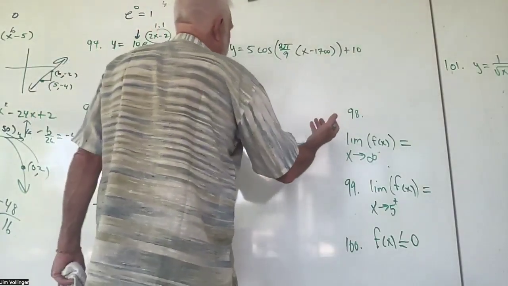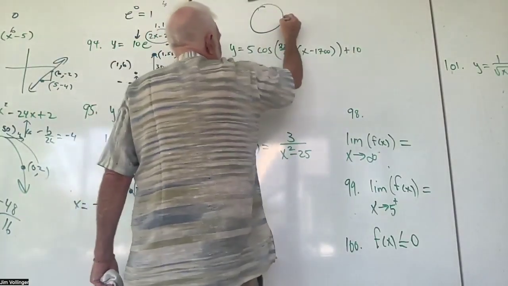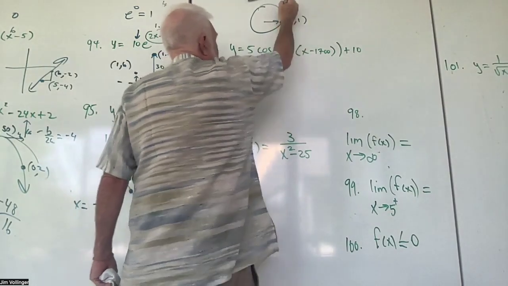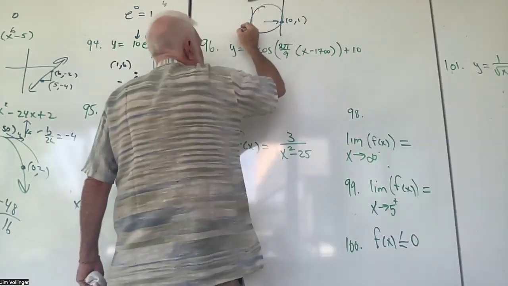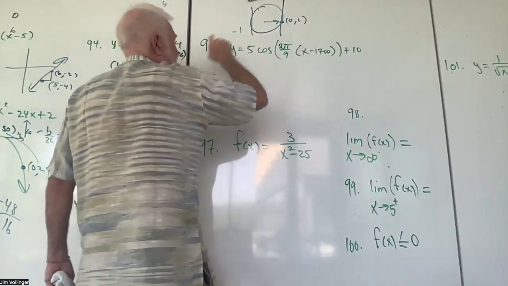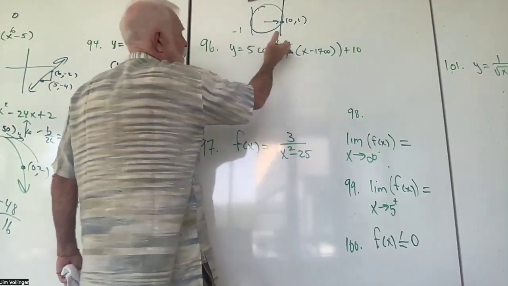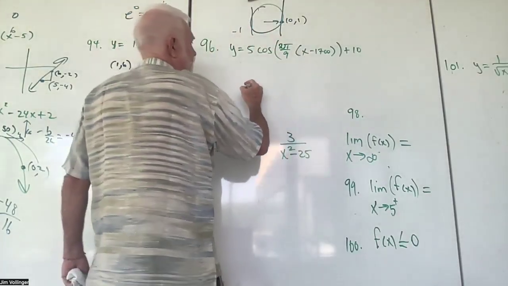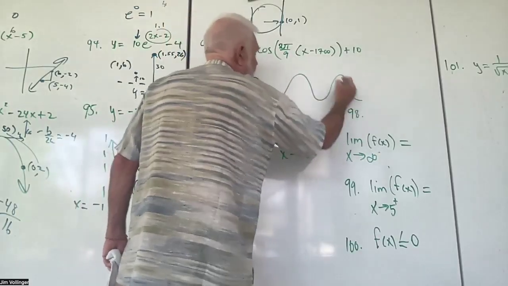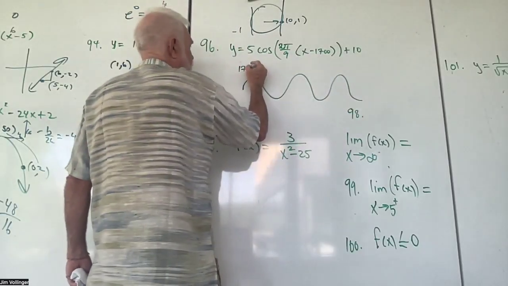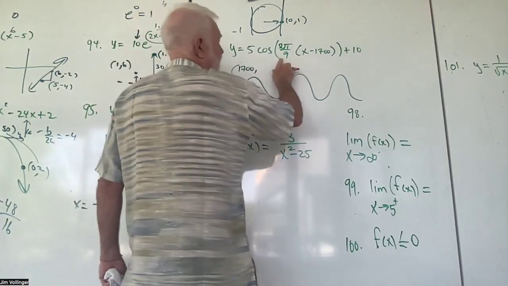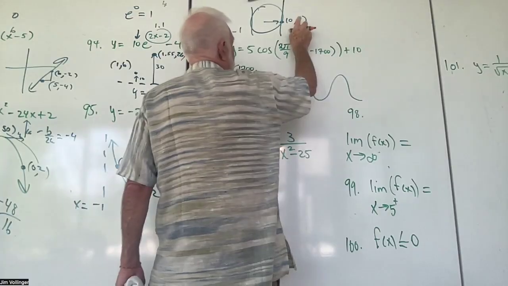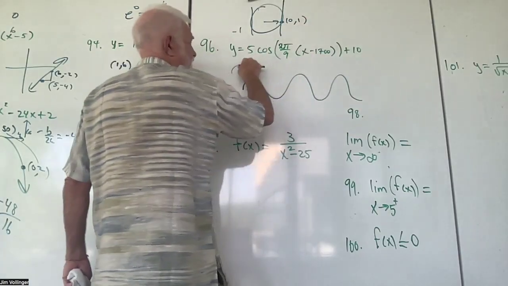So what's the best way to do this? To know that the cosine of 0 is 1. Cosine measures the width in the unit circle, and the width is 1, and the width is -1 over here at pi. But we're going to use 2 pi over 9 and 1700. So 1700 makes a 0. 0 times anything is 0. And therefore, I am going to get the cosine of 0, which is 1 times 5 is 5, plus 10